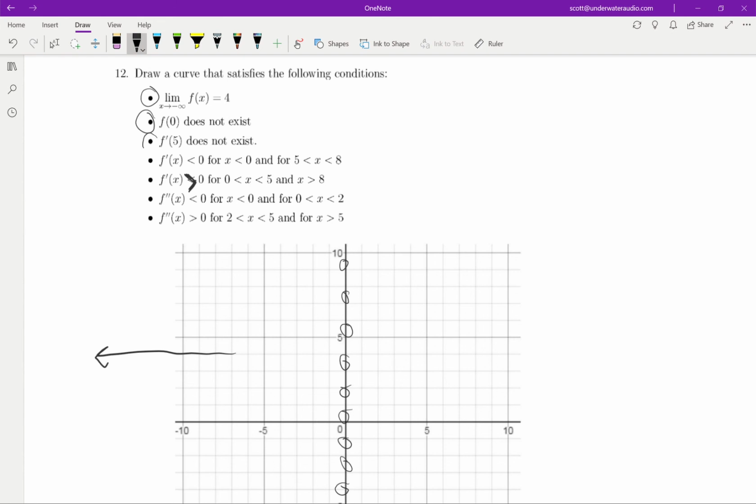I'm also given that f prime of 5 does not exist. So when I plug in x equals 5, there's some value here. I'll just put it here. And I know that the derivative does not